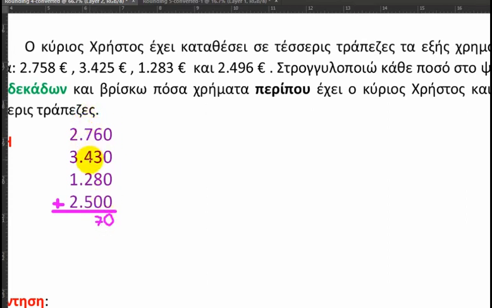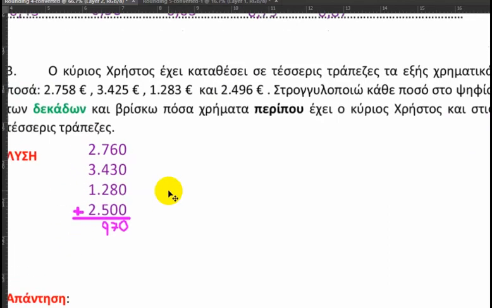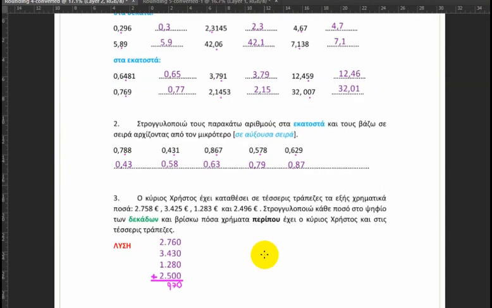1 and 7 and 4 and 2 is, 1 and 7, 8 and 4, 12 and 2, 14 and 5, 19. So write 9, carry 1. 1 and 2 and 3 and another 3 makes 9 also. So this person has about 9,970 euros,